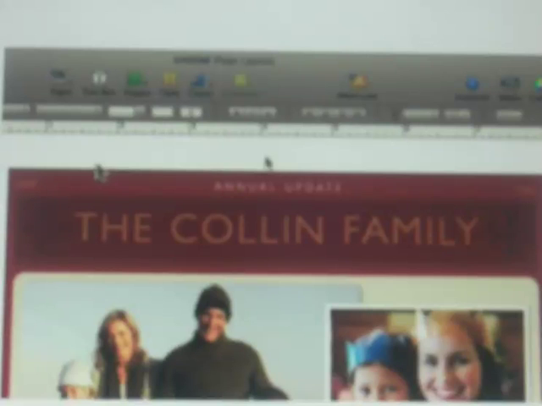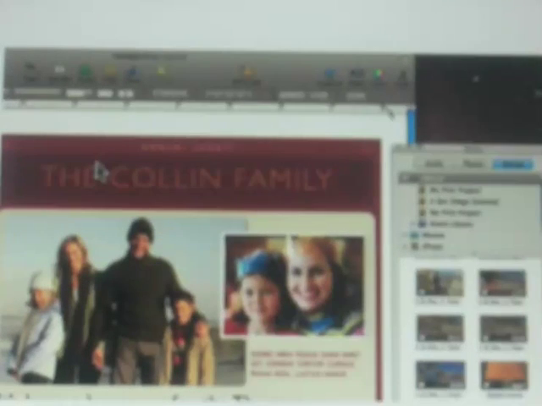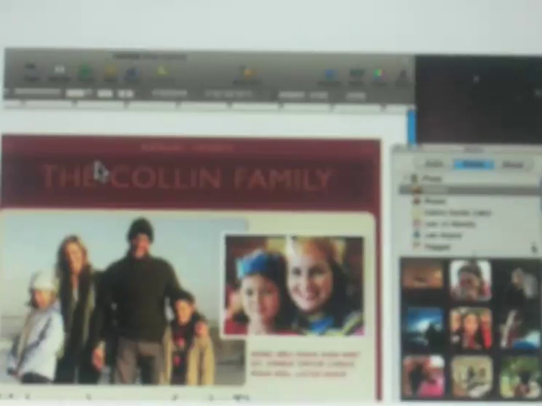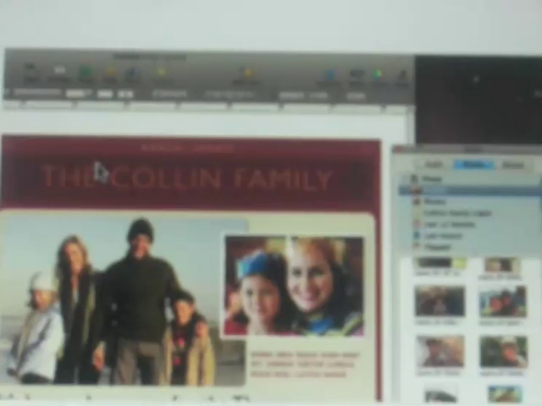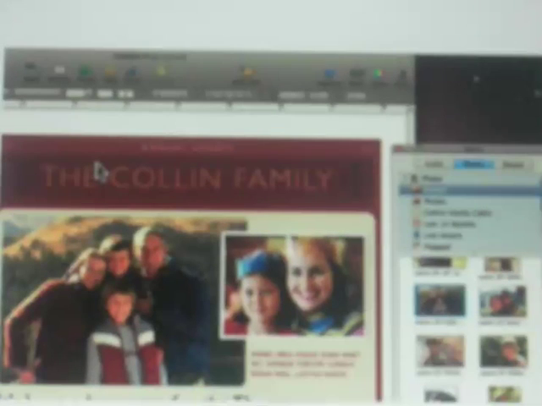To replace the placeholder images, open the Media browser by clicking Media and then click Photos. Here you can see photos from your iPhoto library. You can skim your events and then double-click to open them. When you find the photo you want to use, simply drag it to the page and drop it over the image you want to replace.